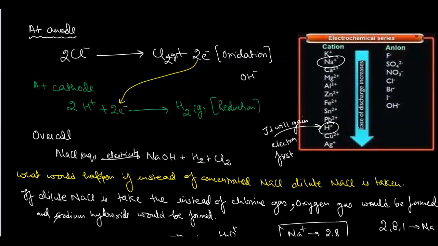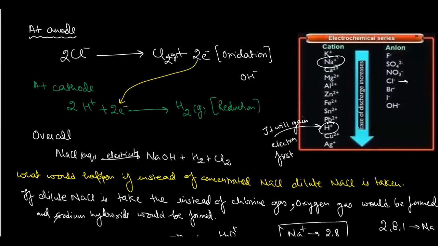Why? Because of the reactivity order. We have the reactivity series, also called the electrochemical series: potassium, sodium, calcium, magnesium, aluminum, zinc, iron. They can easily lose their electrons and form positive ions like sodium and potassium ions. The more reactive metal is the one which can easily lose electrons. The top one can easily donate electrons, and the lowest one can easily gain electrons.